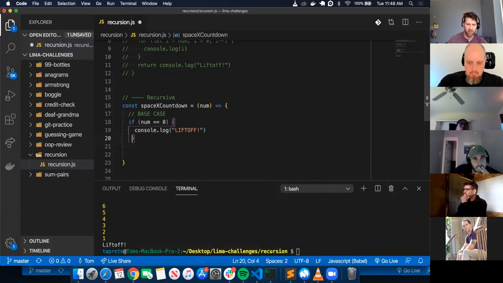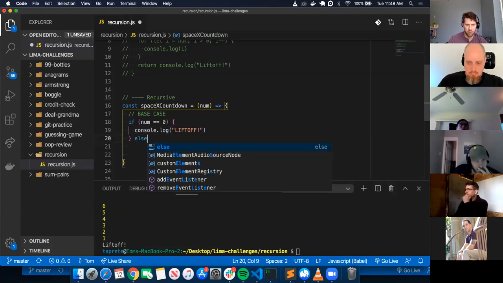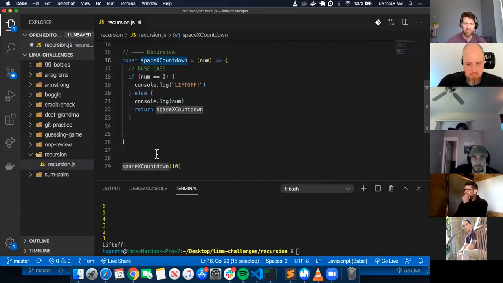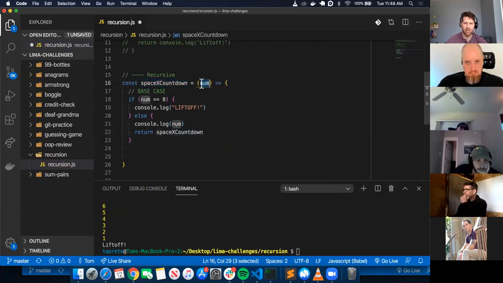Else, I can do an else statement, or I don't necessarily need one. Else, I can console log the number, and then I need to return the SpaceX countdown again. So if my initial value is 10, it comes in here, 10 is input in here. If number equals 0, do console log liftoff. Else, print 10. But then I want to return SpaceX countdown, but instead of with the initial parameter of 10